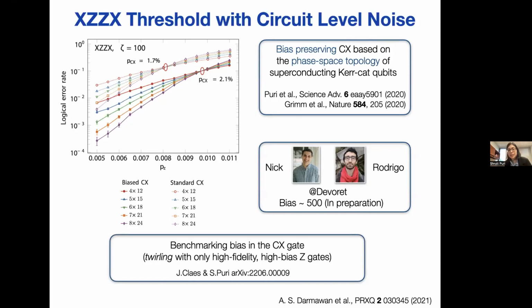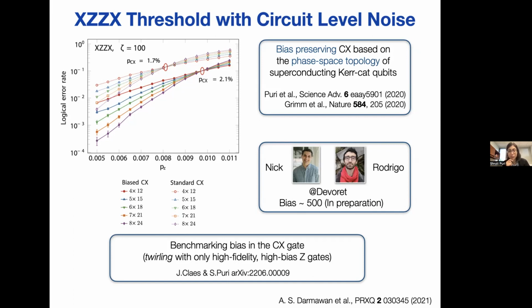As they're thinking about making the CNOT gate, we also need a way to characterize the gate itself. Again, we want to characterize not just the total fidelity of the gate, but also the bias in the gate itself. So you would say, okay, let's do some benchmarking experiment on the CNOT gate. However, for naive benchmarking, you would typically use Pauli gates like X, Y, Z gates to twirl your noise channel, or you would use a Clifford gate to twirl your noise channel. But you cannot use the Clifford group to twirl the noise channel because the Clifford group contains a Hadamard gate,